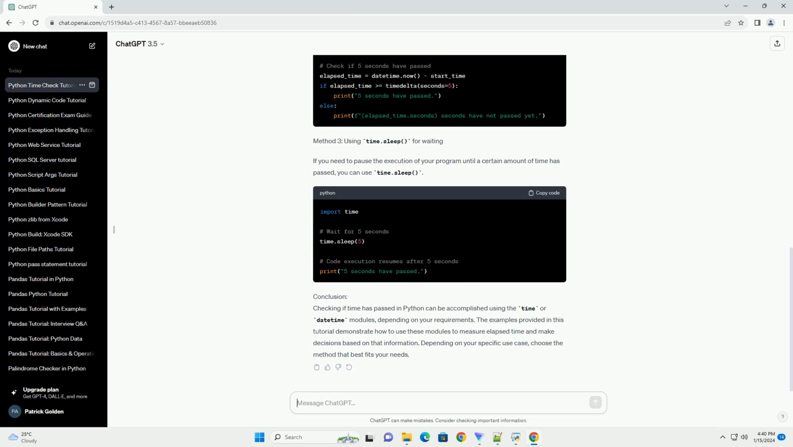Method 3, using time.sleep, for waiting. If you need to pause the execution of your program until a certain amount of time has passed, you can use time.sleep. Conclusion. Checking if time has passed in Python can be accomplished using the time or datetime modules, depending